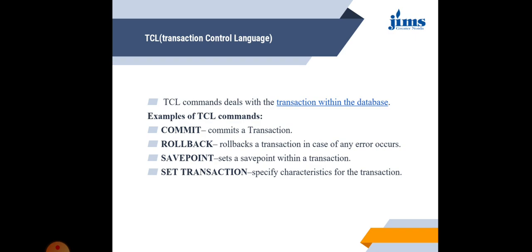Savepoint is like this: suppose there are 4 write operations in a transaction T1, and 2 write operations are done successfully and 2 fail. The two write operations which are already done are savepointed and saved in the database. So these are reflected in the database, and these are known as a savepoint. A savepoint helps to save those operations into the database. And set transaction specifies characteristics for the transaction, which type of transaction it is and whether it is completed or not. So this is all about SQL.